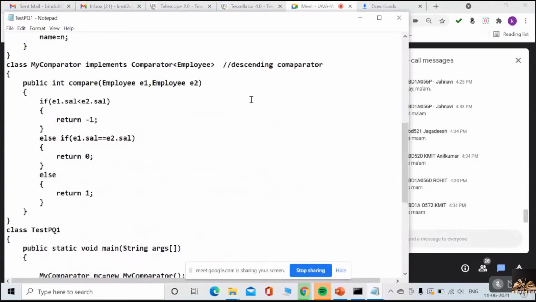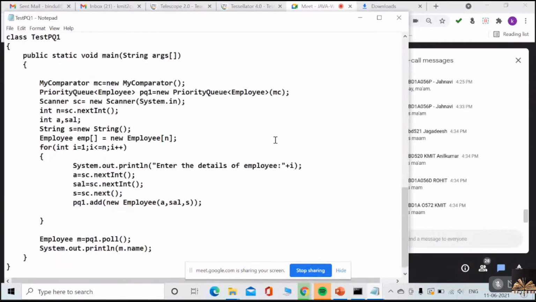This is ascending order. Now, you need to take the input, the data of 3 employees, from the user.